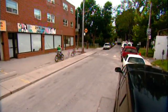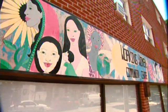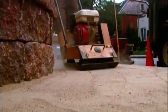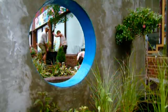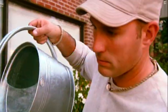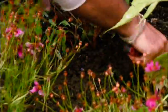The Green Force team and I have transformed an asphalt wasteland into a tranquil, welcoming space for the Working Women's Community Center. We've replaced all the concrete with a beautiful circular raised planter, several stone benches, and tons of tolerant trees and plants. We've also added a splash of color with two very unique peekaboo walls. All that's left are a few final touches, and this space will be ready to show Marcy and the clients of the center. I'm a huge fan of this little